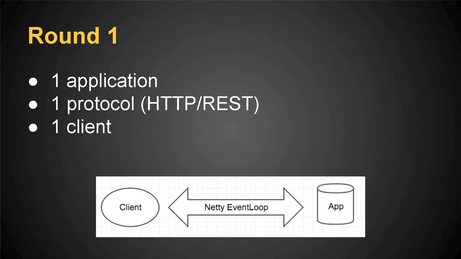All right, round one. We're going to go with a program that handles a single application, a single network protocol, and to start off with, we're going to just require that it's only used by one client at a time. So for instance, maybe we have a static HTML JavaScript page somewhere, or corporate intranet portal or whatever, and we're going to write a web service that's going to add a little bit of dynamic content to it. And since this is a very contrived example here, we're going to feel perfectly justified picking something way overpowered for the job.